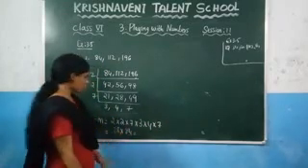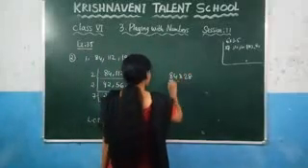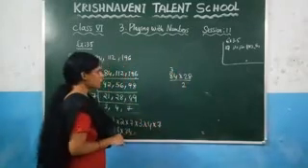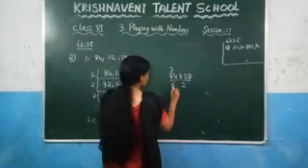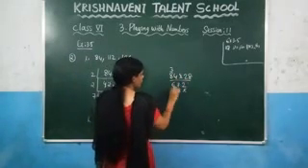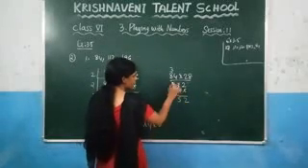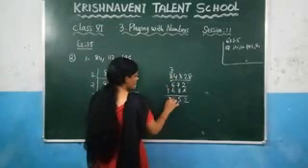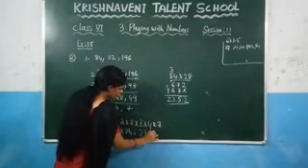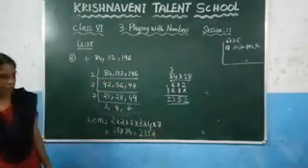28 into 84. So you can make a product of these values, 84 into 28, and you know that 8 4s are 32, here 3, and 8 8s are 64, 67, and after that 4 2s are 8, 8 2s are 16. So do it here, 7 plus 8, which gives you 15, 13, 2. So you will get here 2352. Like this, you need to find the LCM by using the division method.